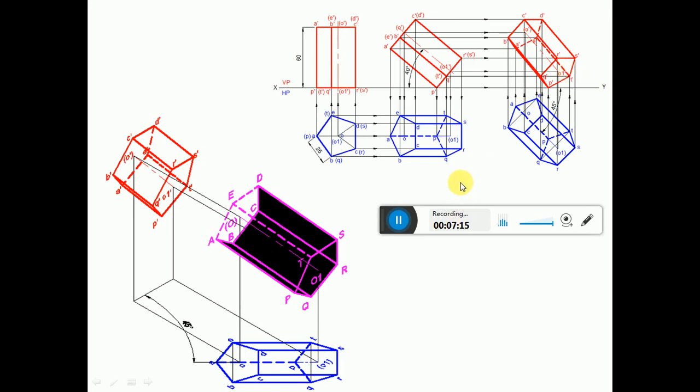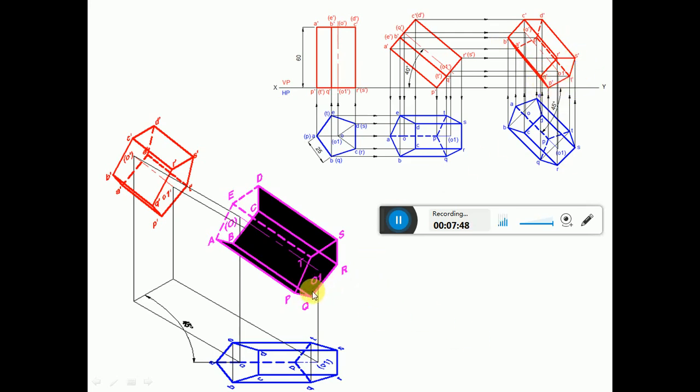Now we are going to apply the condition of visibility. So all the exterior edges of the boundaries of the solids are visible. So here, B dash P dash is on the boundary. Then P dash T dash, T dash S dash, S dash D dash, D dash C dash, C dash B dash, all are on the exterior edges of the boundaries of the solids. So you darken them continuous with a dark line.